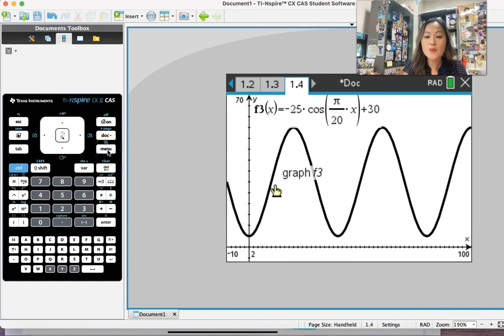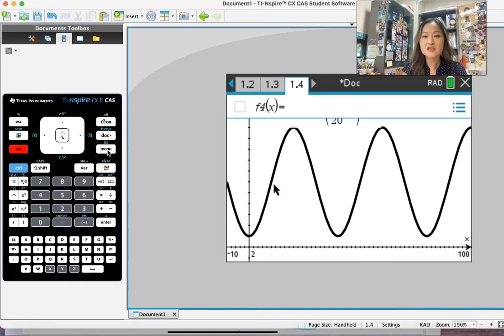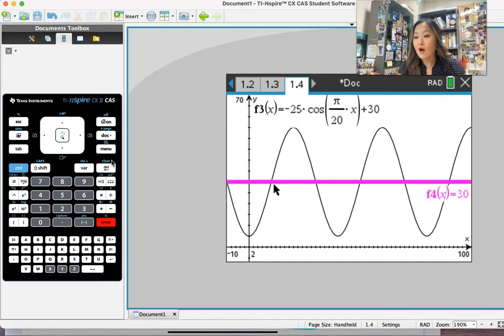So why don't we go like this, and why don't you type in y equals 30? If you want to see the midline, you can press that. 30, right? Isn't 30 the midline? So here's our midline. Now, you remember the question they asked you is, how long after reaching the low point